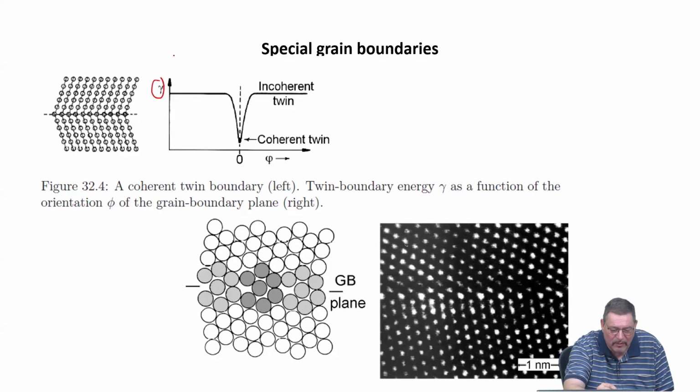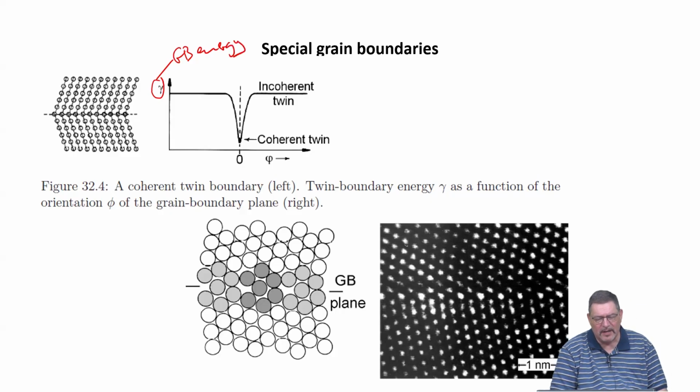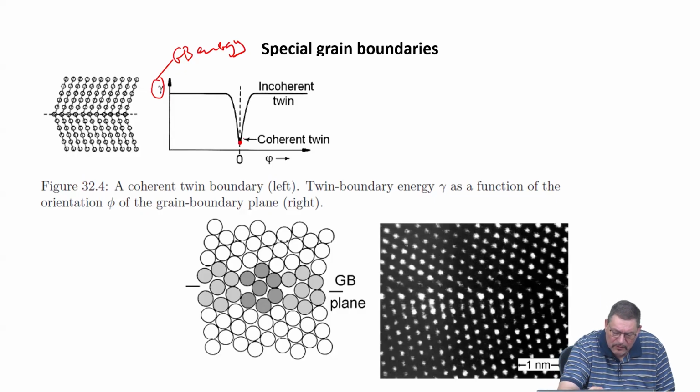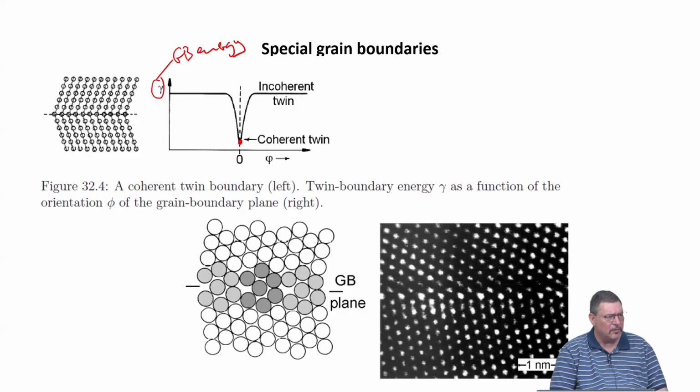This is the grain boundary energy as a function of misorientation. You can also see that this coherent twin really is at the bottom of this curve, so it's having a very low excess energy. But once you change slightly either the misorientation from ideal or the inclination of the boundary from ideal, then the penalty in energy will be very high.